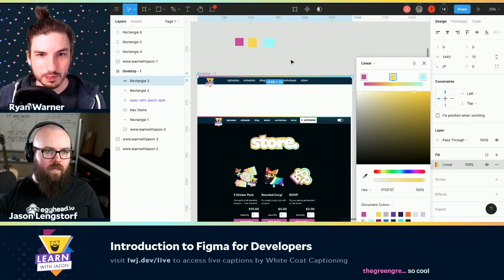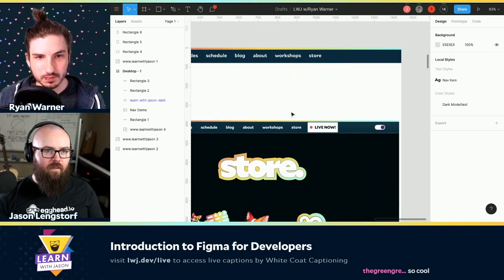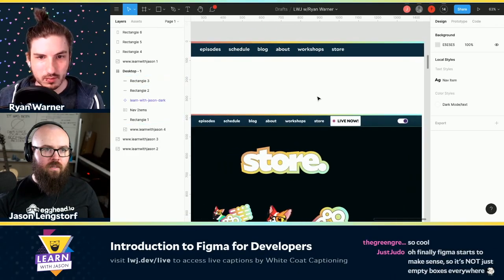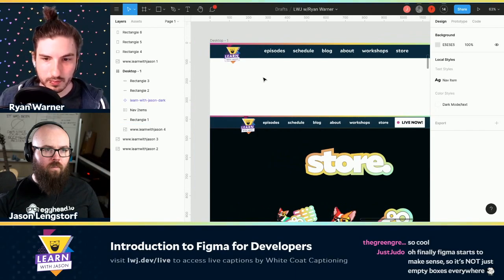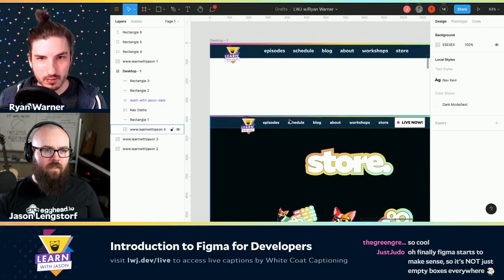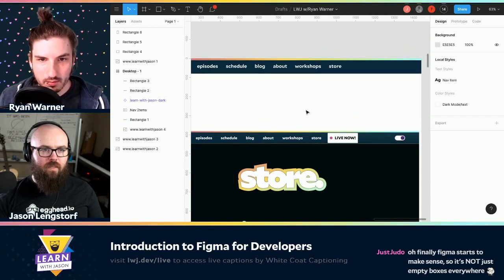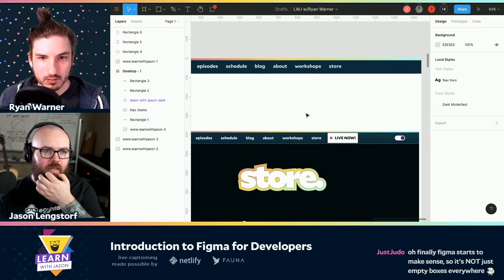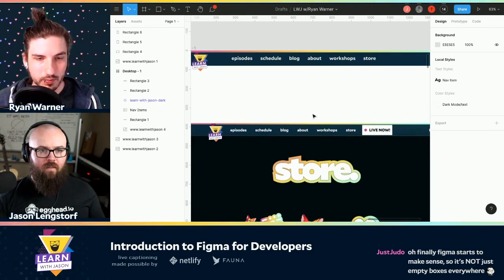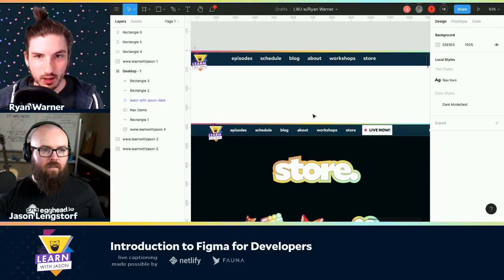Okay. So now we have the gradient. It looks almost the same. It looks like maybe the positioning is a little different on the other one, but it's all right. It's all good. So this is kind of coming together. Yeah, we're getting there. We're gonna need to tighten it up at some point, but that's okay.